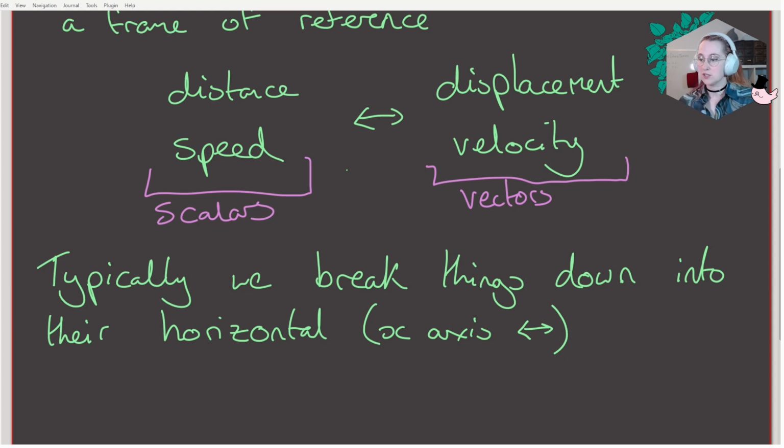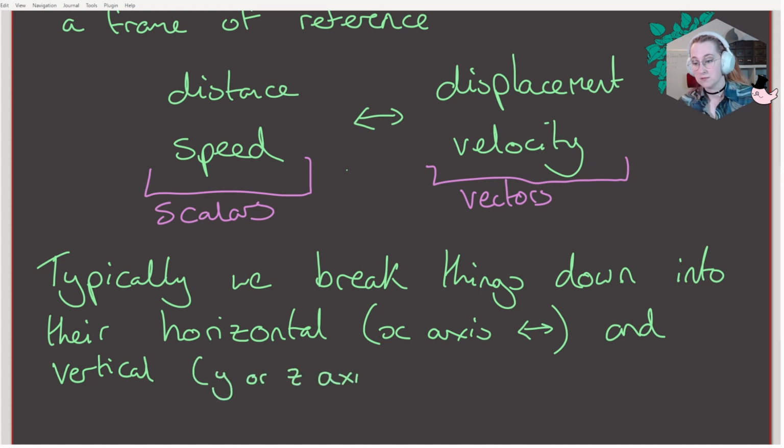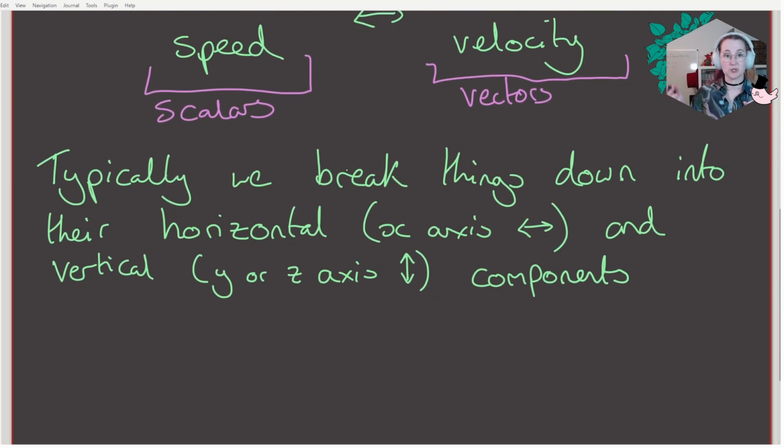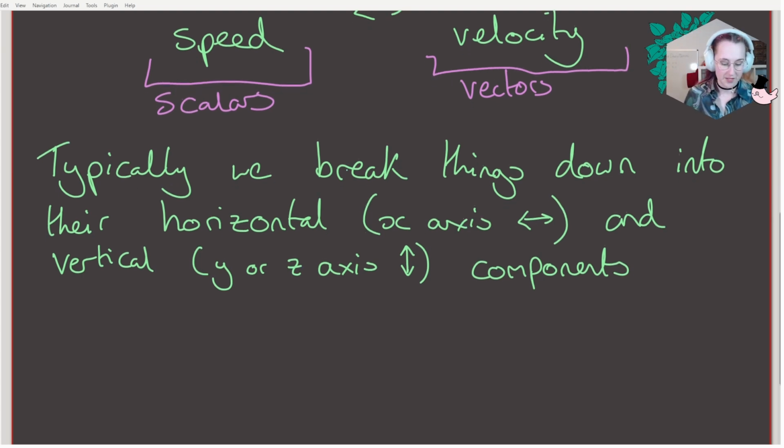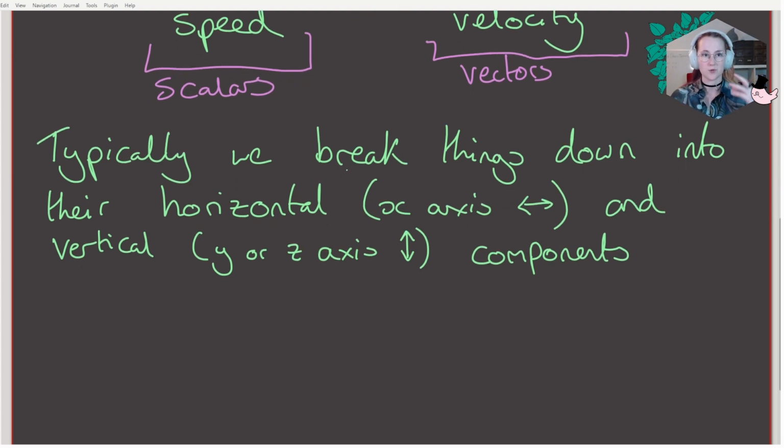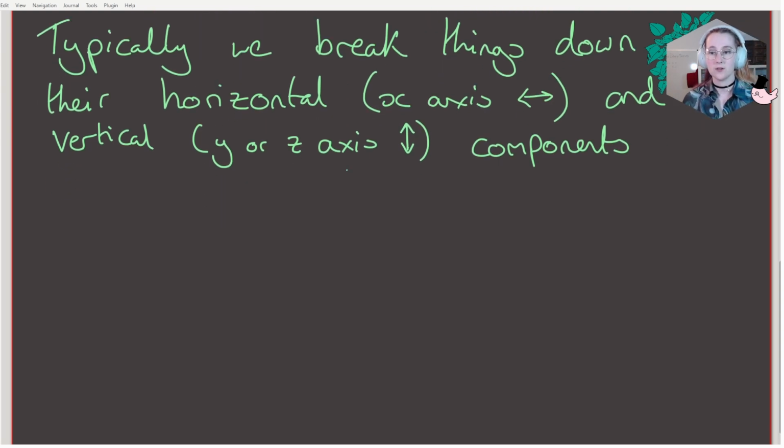I mean horizontal, and vertical, y or z, depending on who you are, axis, components. And this will come in handy later when we start doing projectile motion, because we talk about distance traveled in the vertical and distance traveled in the horizontal. For the minute, let's just stick with unidirectional motion. So in 1D,